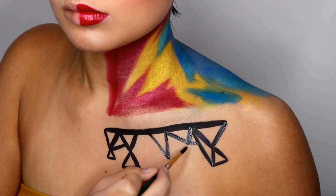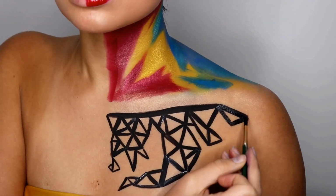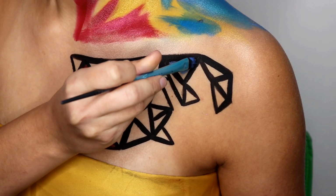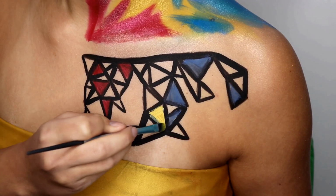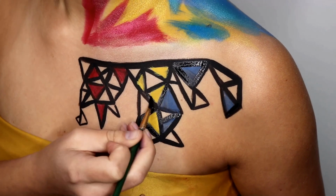Now from here, I'm going to do a lot of different triangle designs. This kind of represents how there's a lot of technique and skill when you're doing makeup, but also you can think outside of the box, and that's where all the color comes in, and you can color outside the lines. So that's where a little bit of my representation came with that. So I fill in a bunch of the random triangles with red, yellow, and blue,